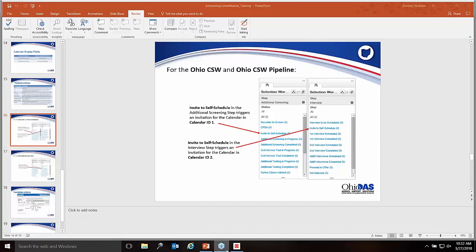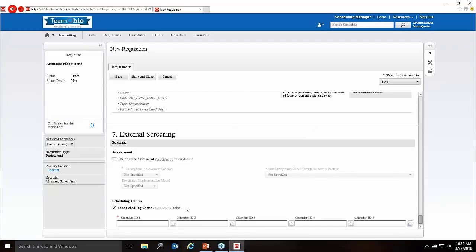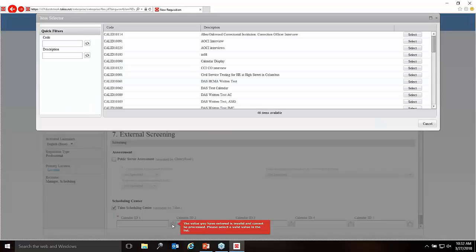So let's navigate back to our requisition. We've now activated our Taleo Scheduling Center integration by checking this box. So we can identify the calendar that we want to select or associate with this requisition by using an item selector for our calendar ID 1 field. We'll select that item selector,